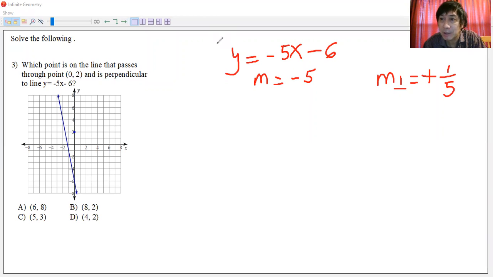So we can actually draw a line, okay, which has a slope of 1/5, and we will make it pass through the point (0, 2), okay, (0, 2). And so we're going to attempt to do that. Okay, first we will try to see where the 1 over 5 is located. Okay, and we will have to make it pass through the point. Okay, let me draw it here. Let me move that. All right, 1 over 5.